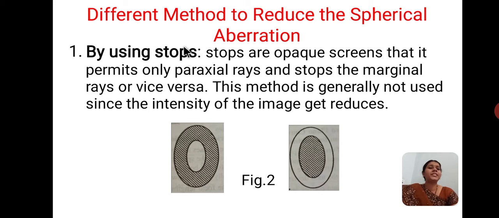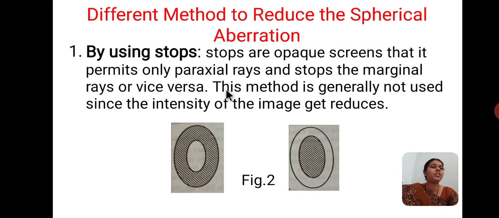So by the stop method, in a spherical aberration you are having two rays, marginal rays and paraxial rays. Both are meeting at different points, due to which you are having the aberration, which is spherical in shape. That is the spherical aberration you are getting. Okay students? Now the stop method, the name itself indicates a stop, is the method which allows only one ray to pass through it. It will not allow both the rays.